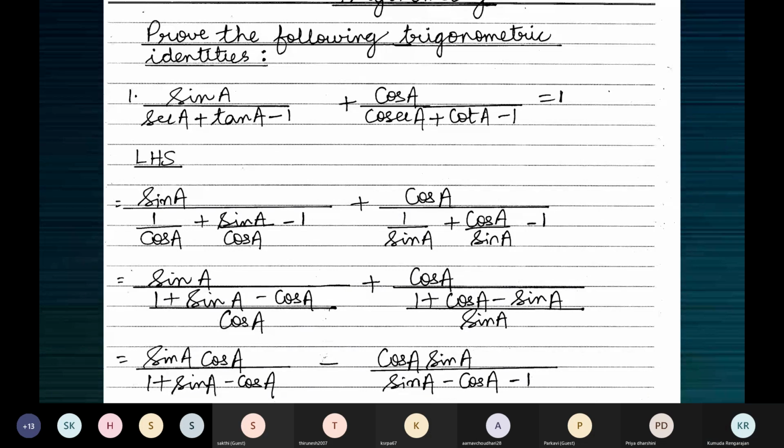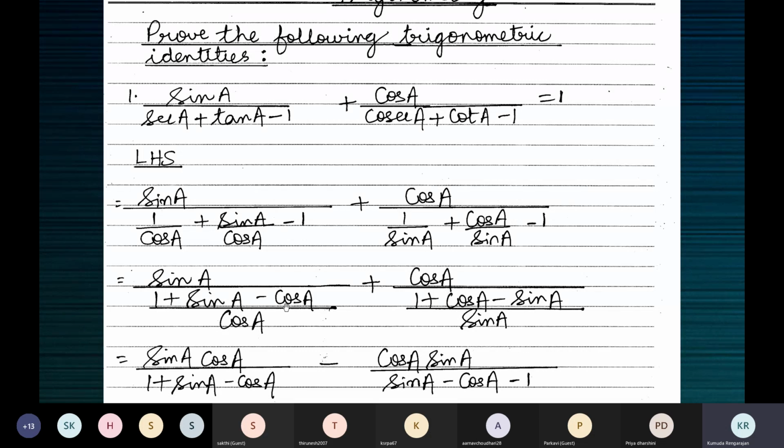So let's come from the beginning. Secant, tan, cosecant, cot are written in terms of sine and cos. That's the first step. Then common denominator cos A, common denominator sin A is the next step. Then cos A goes up, sin A goes up to the numerator, and we have this step. While writing this step, you can also do this. You don't have to show that in-between step. You can write this straight away like this.